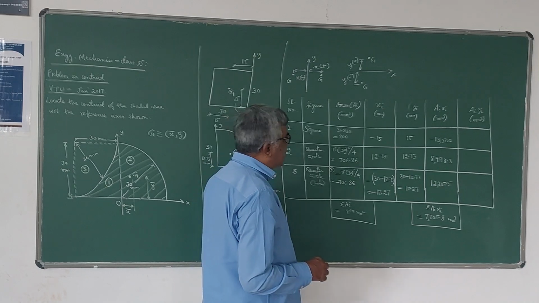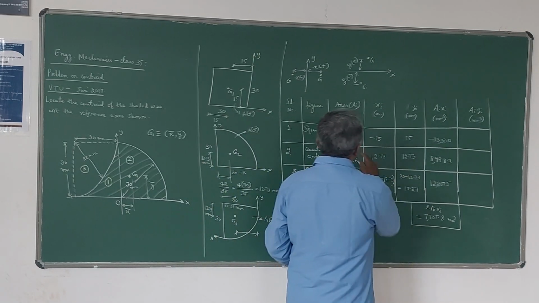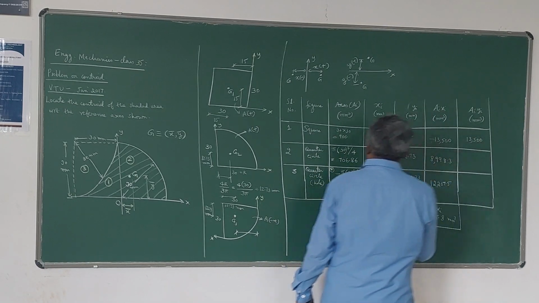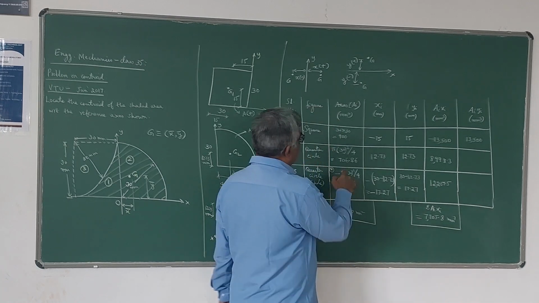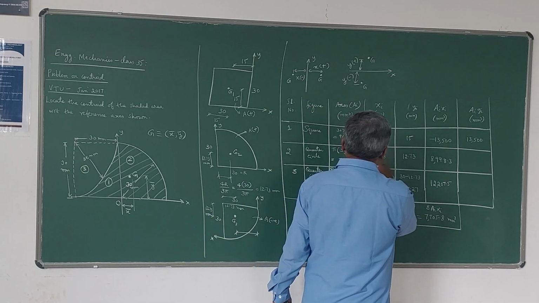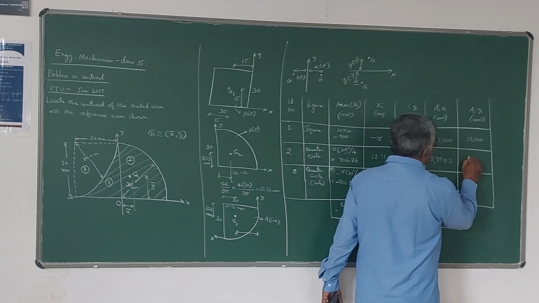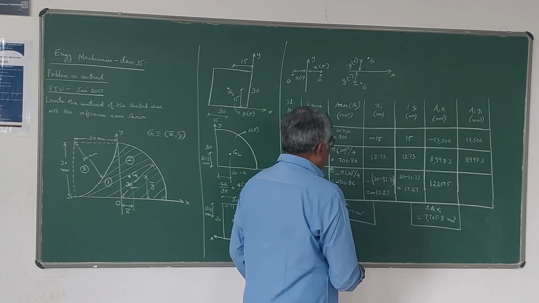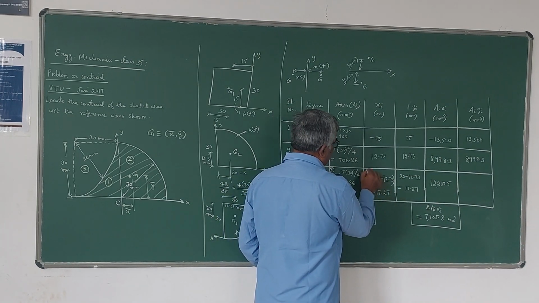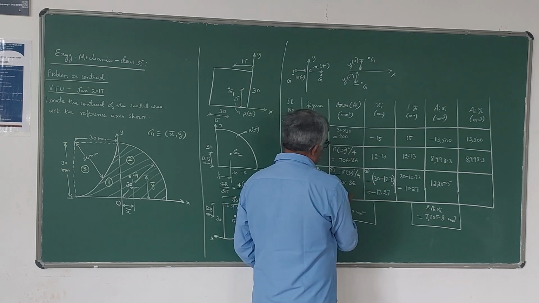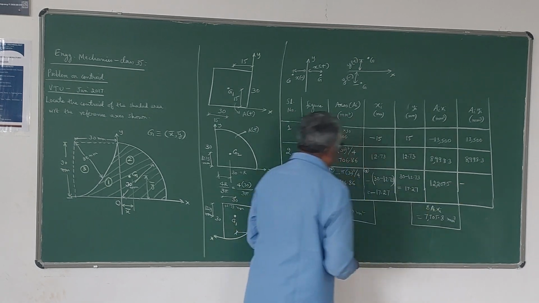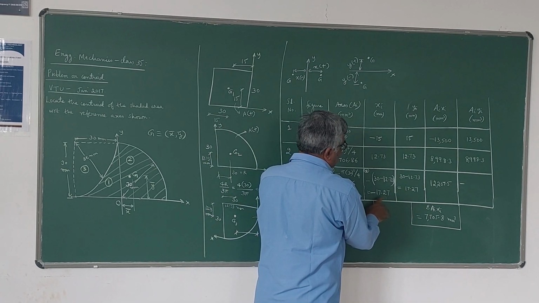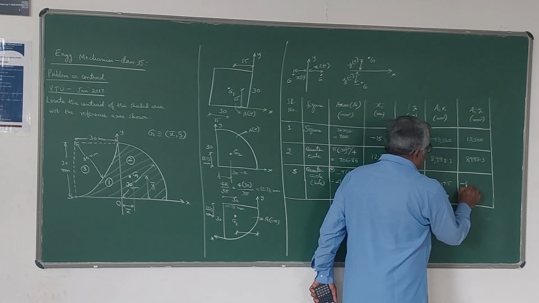Next, sigma AiYi is obtained by multiplying A with Y. So here 900 into 15, which is 13,500. Next value, 706.86 into 12.73. The same value you are going to get, 8998.3. The third value is minus. This is minus, this is plus. Please note, wherever minus is there, you should be careful. Therefore the product is minus. The y value is 17.27, and the same value you are going to get, 12,207.5.